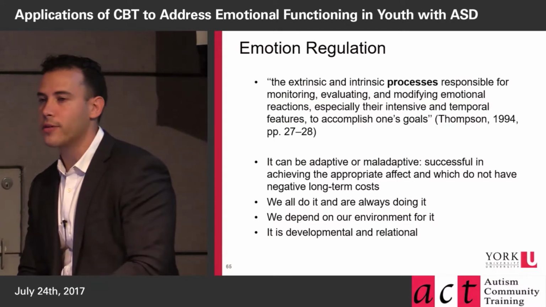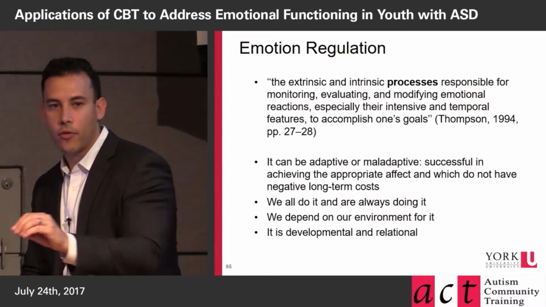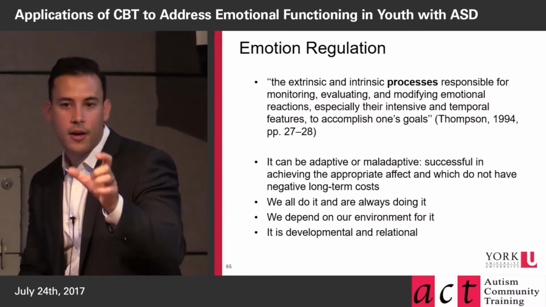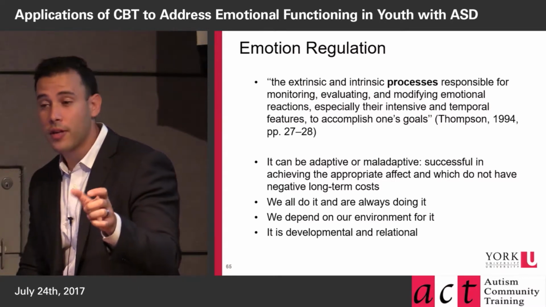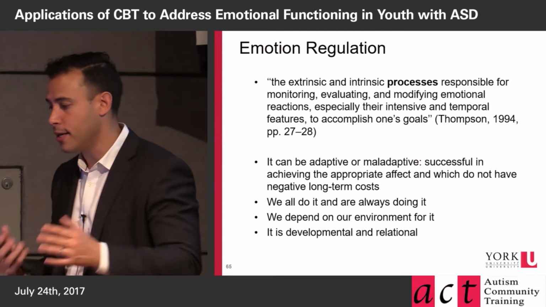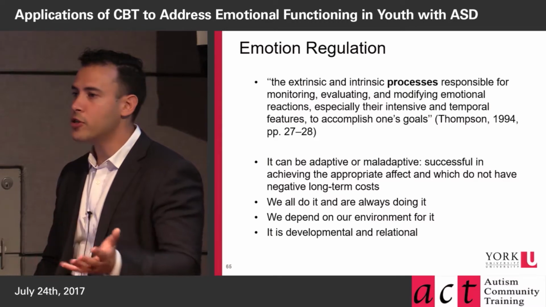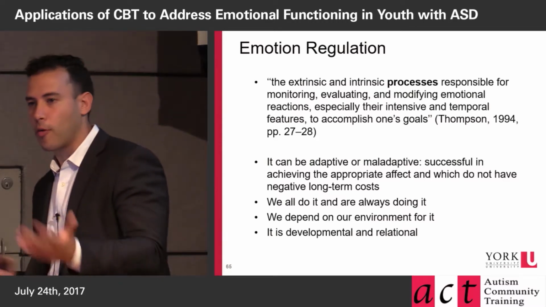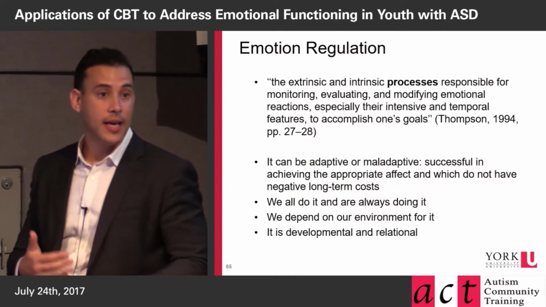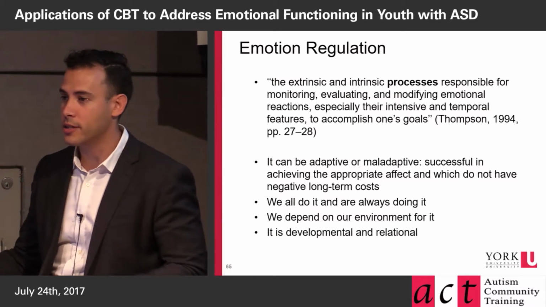Why? Regardless of whether it's voluntary or not, it's to achieve a certain emotional outcome and adjust an emotion that we have in two ways. One, the intensity of the outcome, or the other one, how long we're feeling that emotion for. So that's what we mean by temporal and intensity natures to accomplish a goal. Emotion regulation is not adaptive, it's not good or bad, it's just a set of processes. It's defined as adaptive if we achieve the right emotional state and there are no negative long-term consequences.